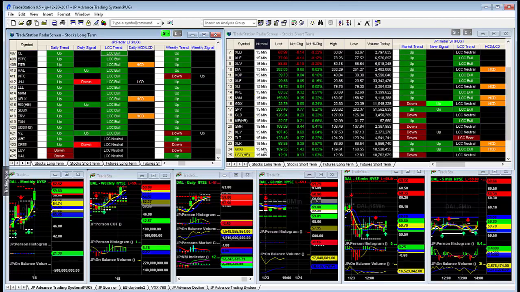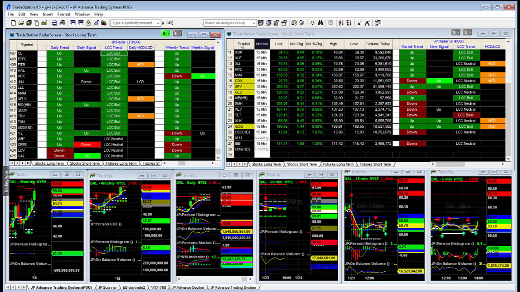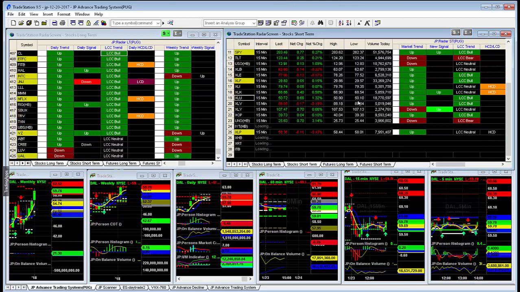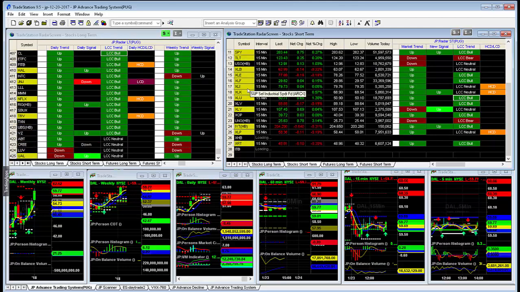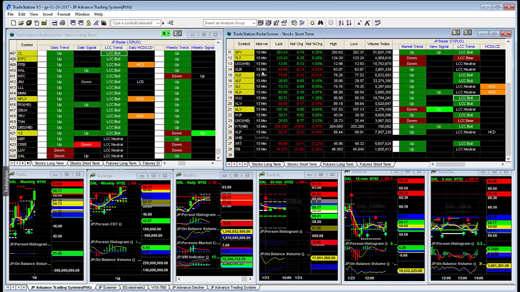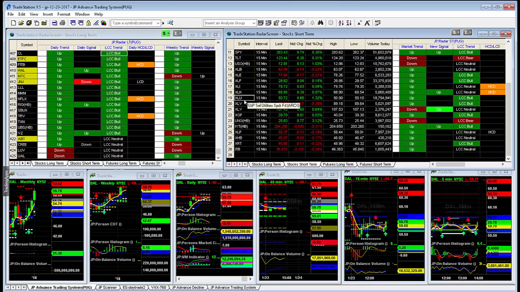I also want to know what's doing it on a 15-minute. So if I think there's going to be maybe some sector rotation going into utilities, for example, I want to see if this thing starts to change, if we're starting to see more money pour into utilities. Then I would want to change that interval and say, show me or alert me to when we get a new 15-minute, and as you notice, I just changed it from 60, so you can change it, and you can have two radar screens up at the same time on one desktop,